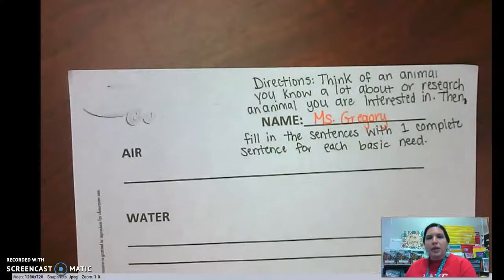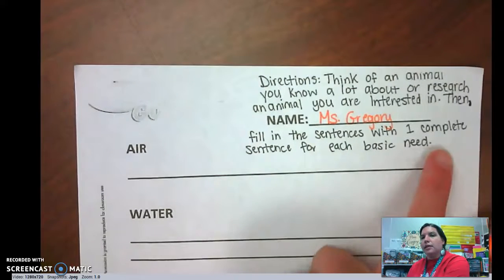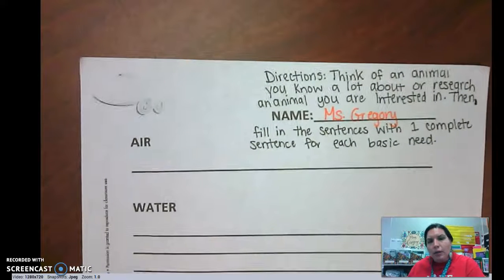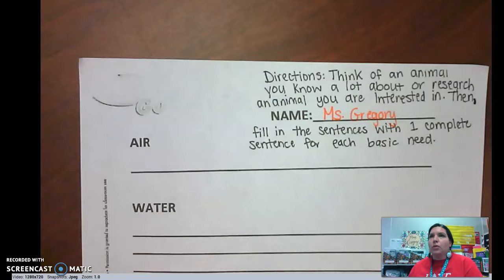Okay? Let's read the directions together. Think of an animal you know a lot about, or research an animal you are interested in, just like the last page. Then, fill in the sentences with 1 complete sentence for each basic need. So this is where you need to add a little information to your animal. Don't just write the word grass for their food, or air on the sentence line that says air. You actually want to describe exactly what your animal does or give a little more information about that basic need